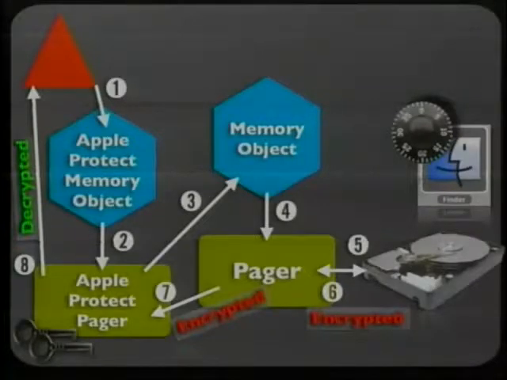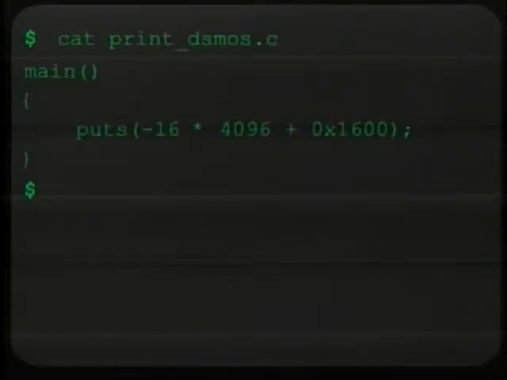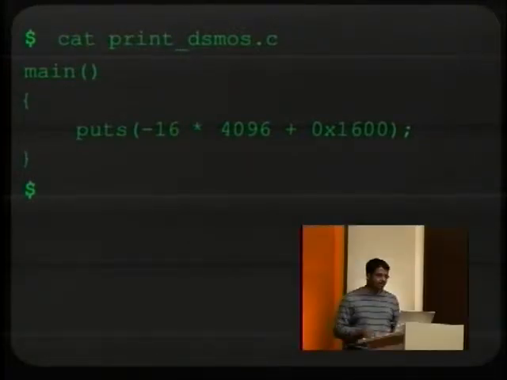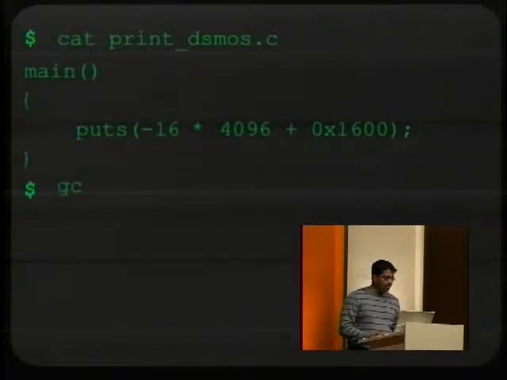So that's all. That's one of the things they do. And oh yeah, there's got to be keys somewhere. So there's keys somewhere, and the keys come from somewhere, and that's how it works. And while we're on the topic of VM, before we switch context again, there's this interesting experiment you can do which actually highlights multiple things at the same time. So what are you doing here? You're printing some address as a string from the end of your address space, minus 16 times, so like the last few pages. And if you compile it and run it,